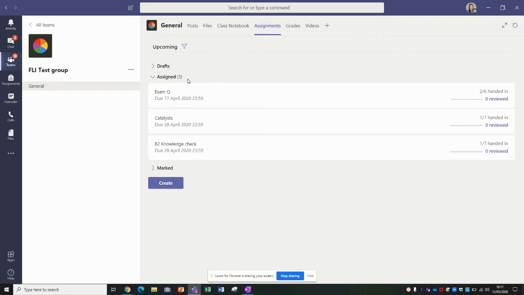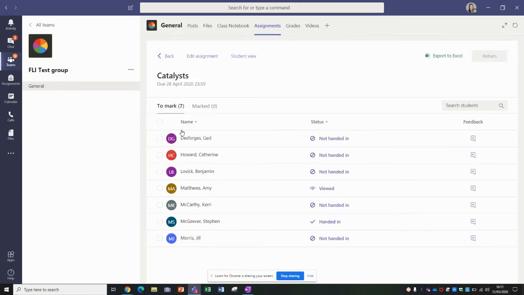At the top of a student's one, they will have overdue assignments as well. They can click on that. So if there's any work that they didn't get around to doing, they can look back and have a look at it. And when you go into the assignment, if I go into this one here as an example,